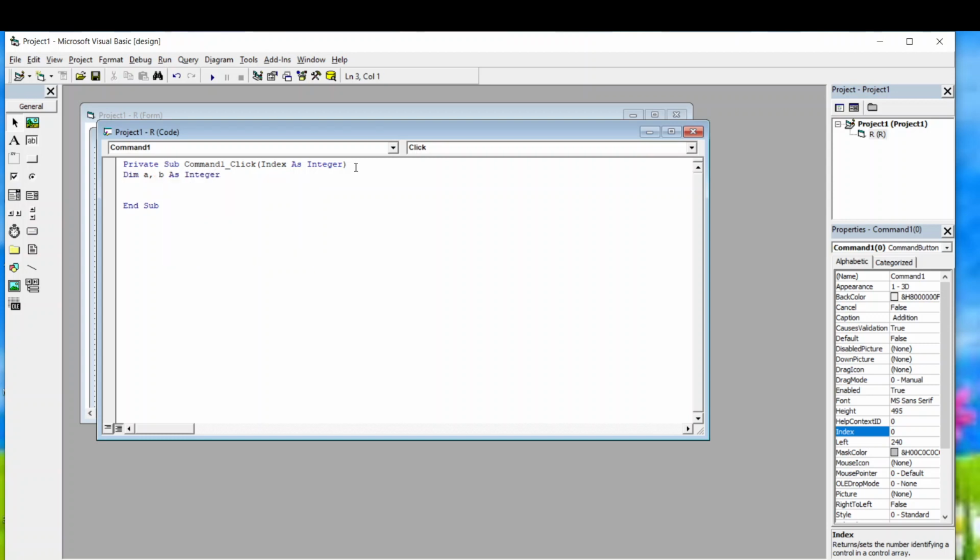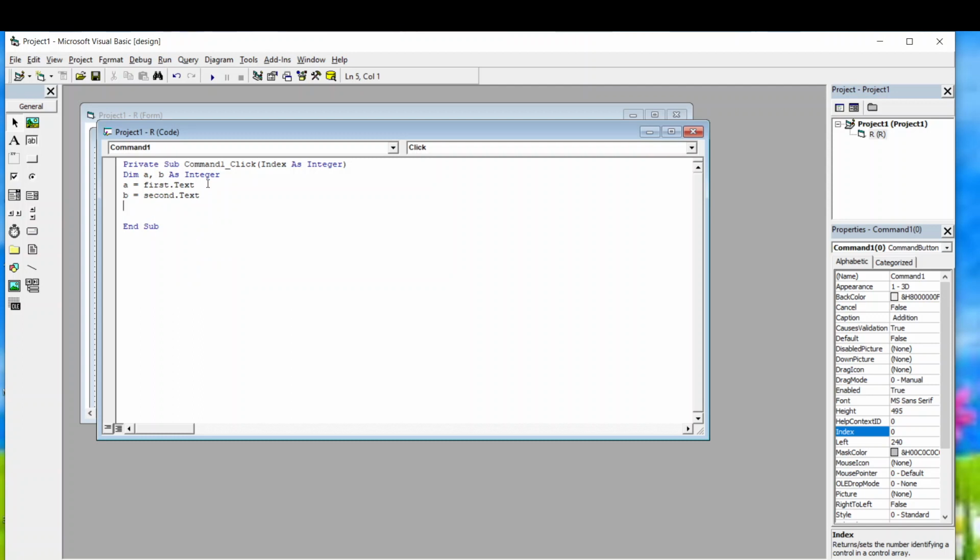Now enter. Now we'll assign values to a and b. For the first variable, I am assigning my first text box value. So first dot text indicates that whatever I enter in my first text box will get stored in a variable. Likewise, we'll assign b equals to my second text box, whose name is second dot text. Whatever I enter in my second text box gets stored in the variable b.